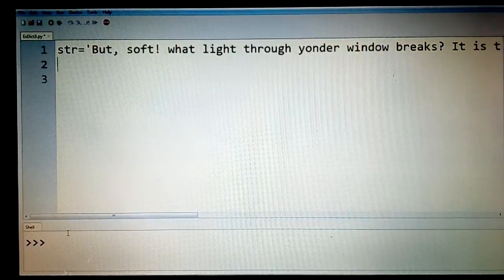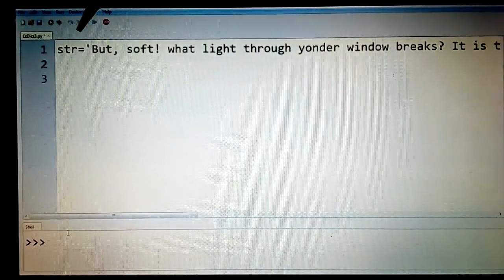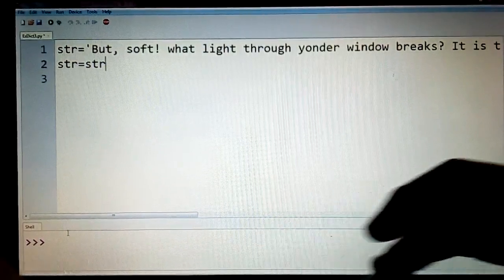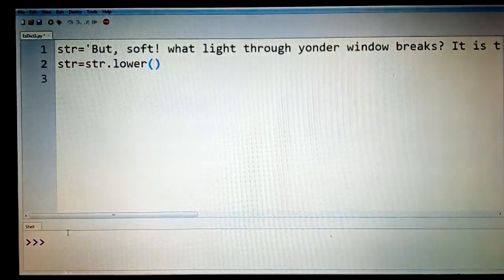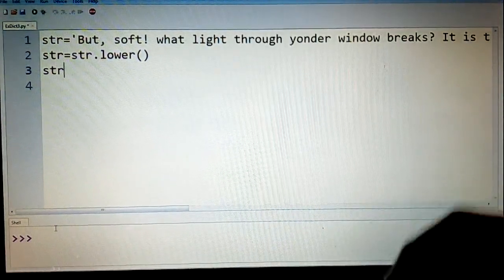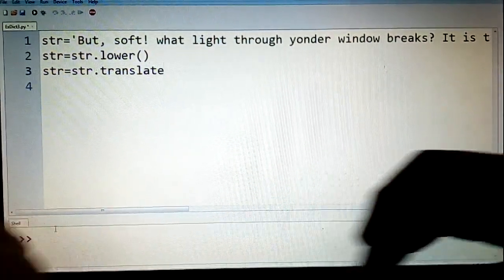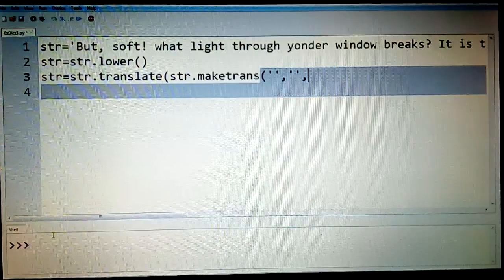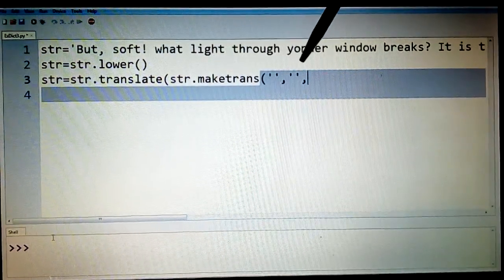The paragraph which we are supposed to assign has been copied here. You can see it is copied as a single string into str with single quotes. And now I want to convert this to one case. Let us call str.lower. You can make use of this function to convert the entire thing into lower case. Now we'll use this str by translating it, that is the function which we had used earlier, translate, then str.maketrans. Now again, in the third part of maketrans, the first two parts I am skipping, doing nothing,